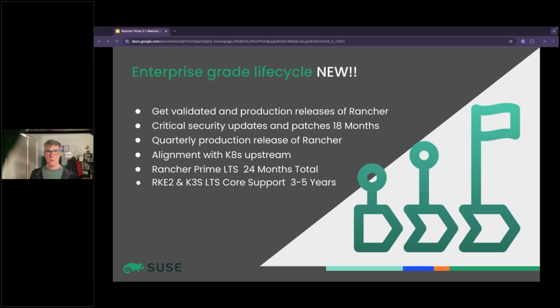So with Rancher Prime, you will get validated and production-ready releases of Rancher, ensuring the smooth operation of your mission-critical platform and workloads. You will get critical security updates and patches throughout the lifecycle. You will get production releases of Rancher quarterly. You will also get alignment with Kubernetes upstream, which means you get the latest innovations quickly and safely. Rancher Prime long-term support is 24 months total for each